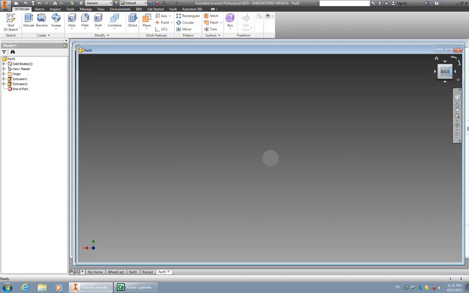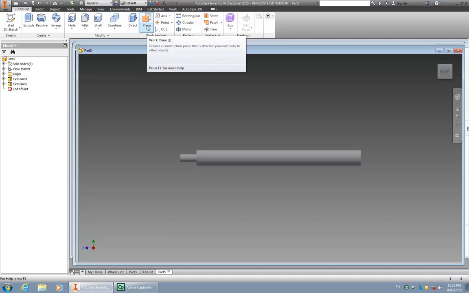I might go on this side here now, and I might go back the other way a little bit, just because I have a plan here. Now I want to use a Revolve function to show you a little bit about it, but I need to create a work plane that splits this whole item in two. So I'm going to create a plane, and here's the work planes under work features here,